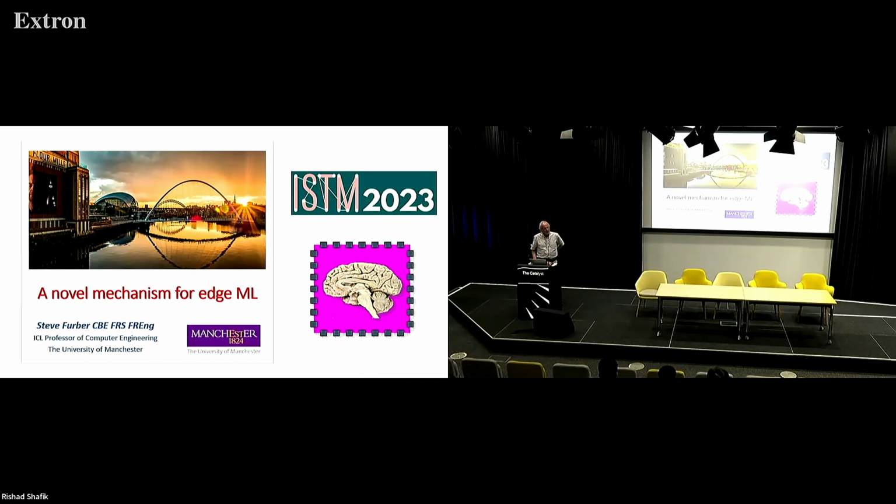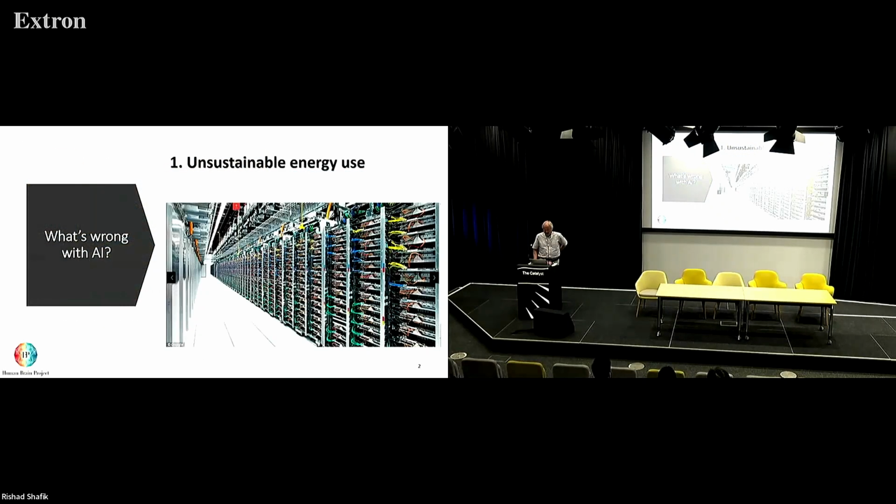But why do we need novel mechanisms? Well, I guess if you're in the settling machine community, you already know this kind of stuff. But current AI has made spectacular advances over the last 10, 15 years, roughly in parallel with the Spinnaker project, where we've been focusing on building machines to add to our knowledge of the brain. AI has been looking at applications, and it's made dramatic progress that I think none of us anticipated 20 years ago. But of course, it's not perfect.